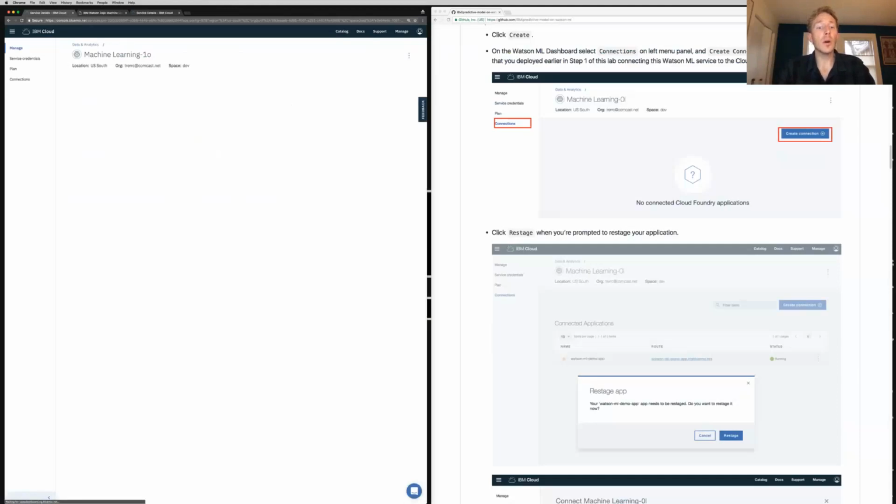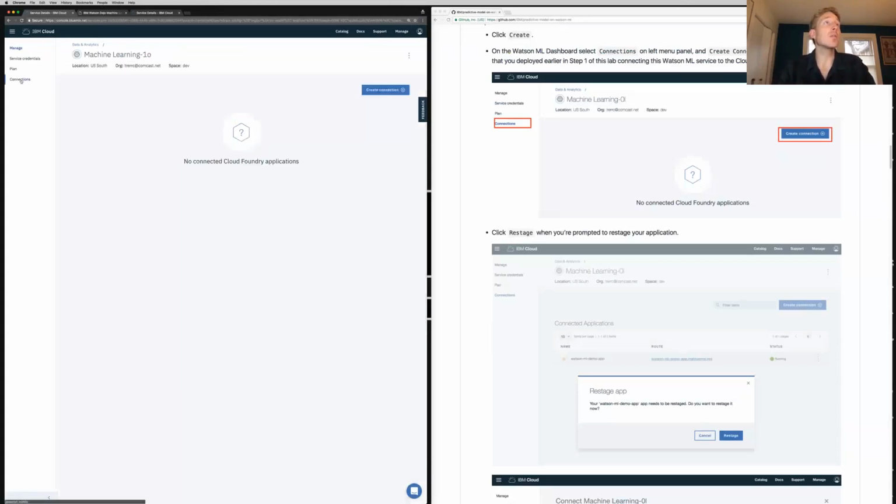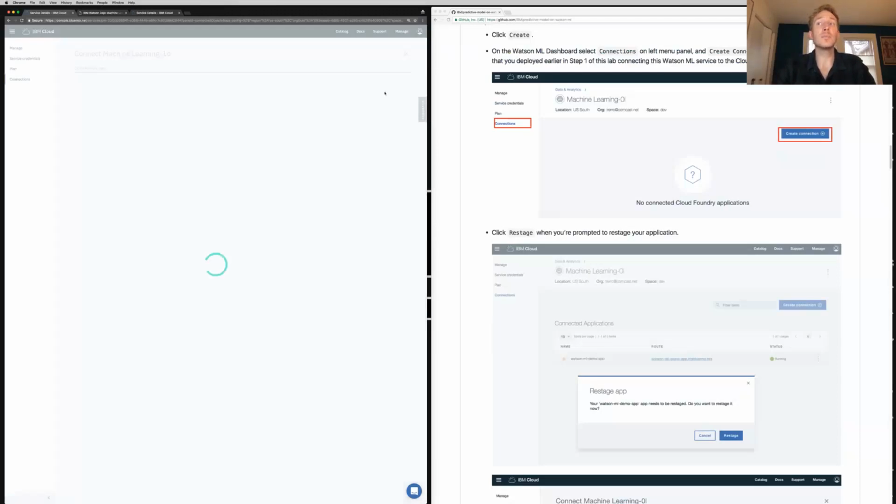Now I want my machine learning service and my app to communicate without having to exchange credentials back and forth. And in order to do that, we want to create a connection between the machine learning service and the app. So here, once I've clicked on my machine learning service, on the left-hand side, I select connections, create connection,